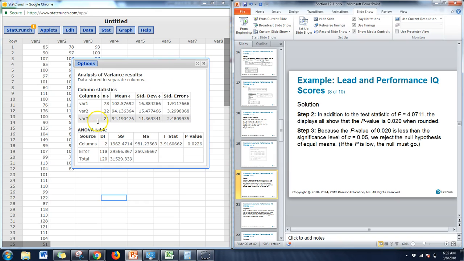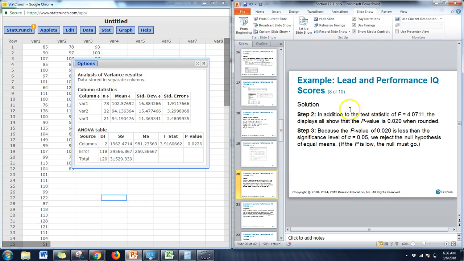And then your ANOVA table right here is showing the degrees of freedom and your F test statistic and your p-value. So again, my numbers are very slightly different. I'm assuming maybe I just typed in 1 or 2 numbers wrong because the process was correct. And